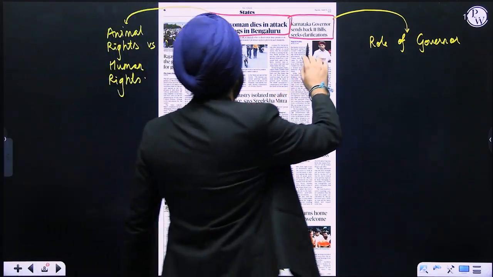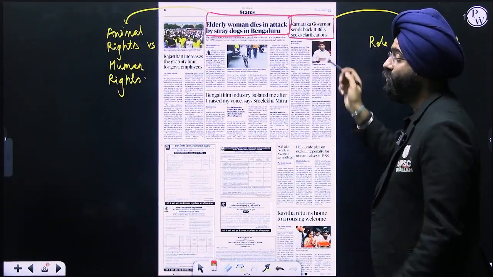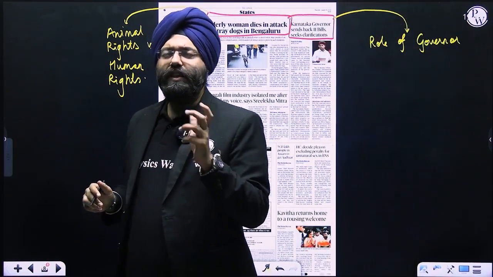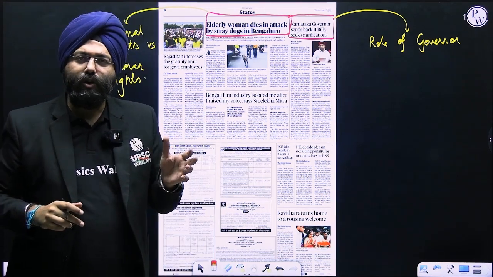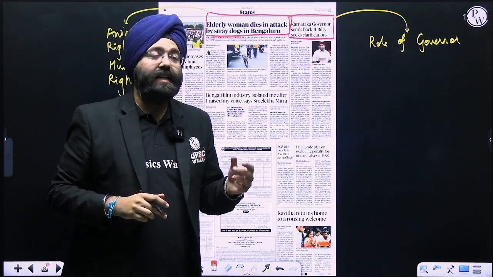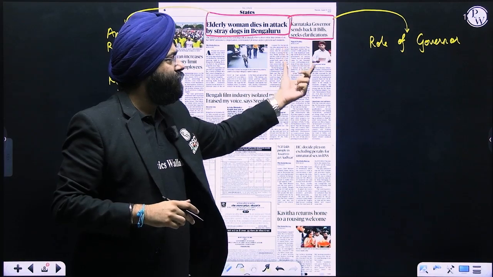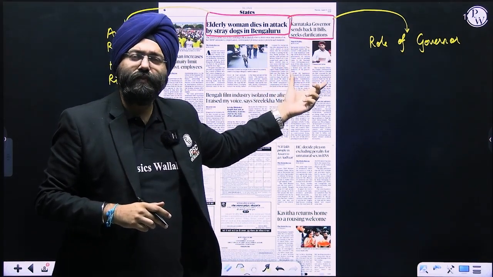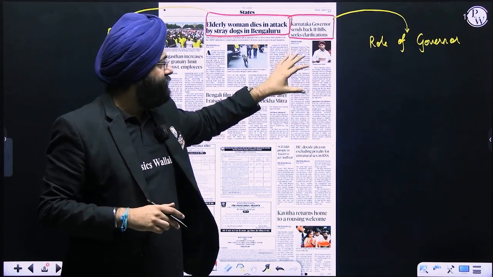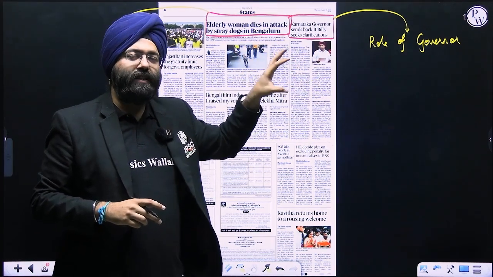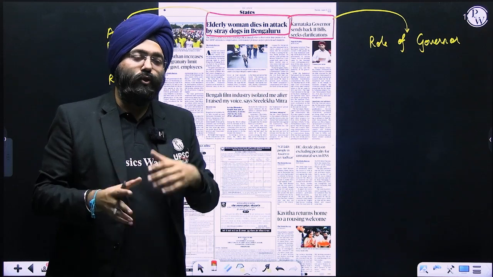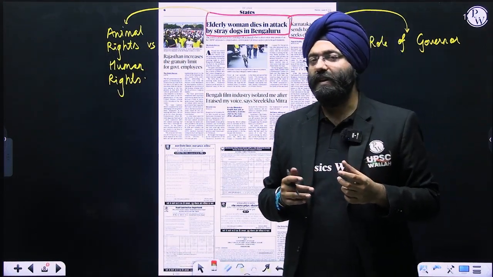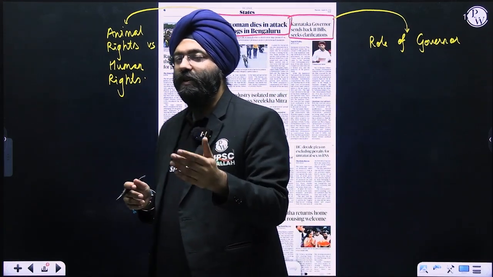Let us see. We over here have: Karnataka governor sends back 11 bills, seeks clarification. Do you realize every year in the GS paper 2 you get the question, do you think that the role of governor has changed, or what are the issues related to the role of a governor? Every time when these types of things happen, whether it is in the state of Karnataka, Tamil Nadu, Uttar Pradesh, or Uttarakhand, you'll realize the governor's role or issue sometimes comes up that very year. UPSC frames questions in GS paper 2 in the mains examination, questioning the role of the governor, whether it is right or wrong.